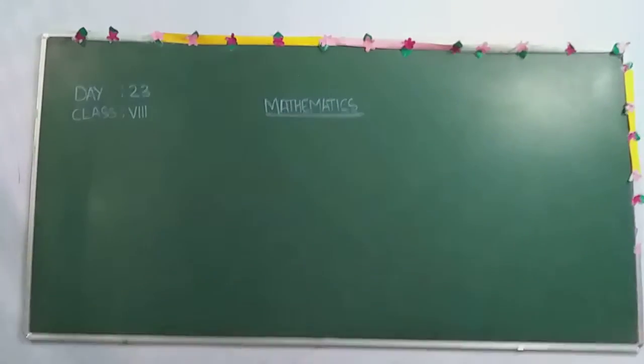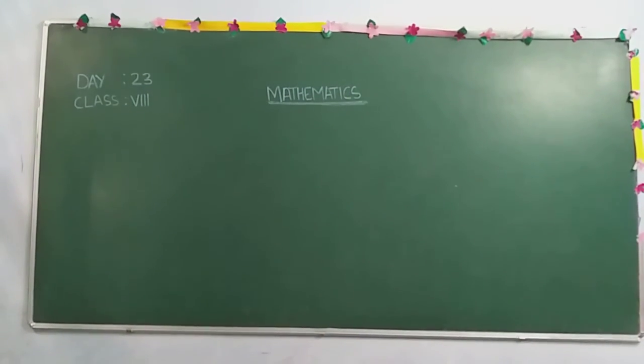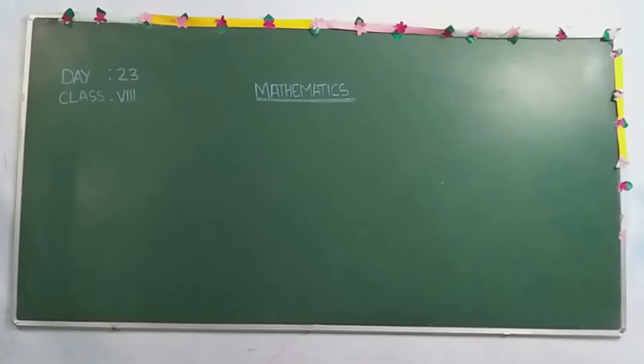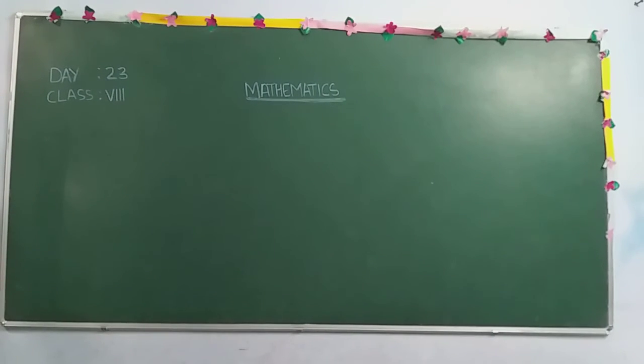In the previous video we have studied how to insert a rational number between two rational numbers by the mean method, but it was a lengthy, time consuming method. If it is two or three rational numbers, it will be convenient, but for more than two or three, suppose 10, 15, 100 rational numbers we have to insert between two rational numbers, then it takes a lot of time.